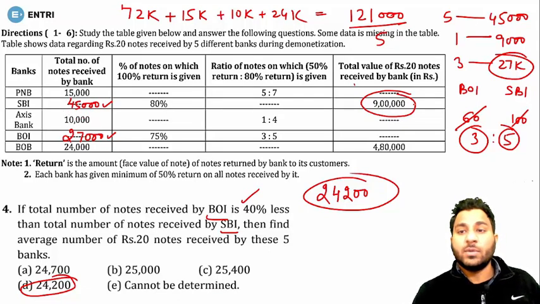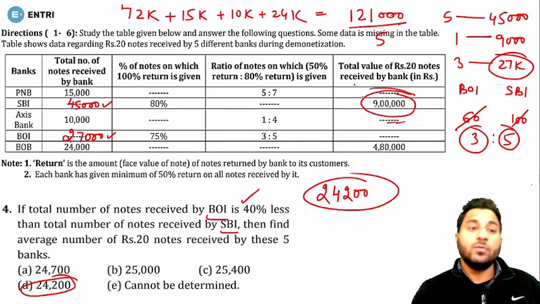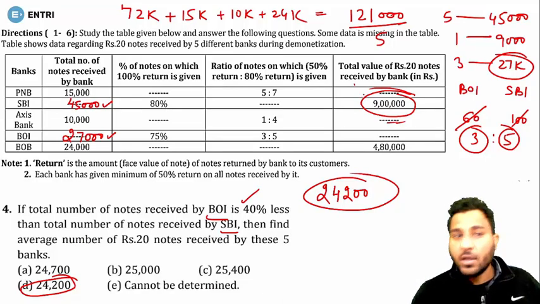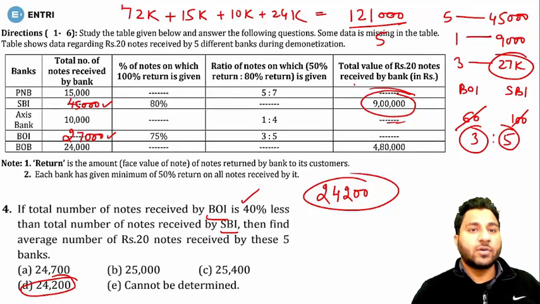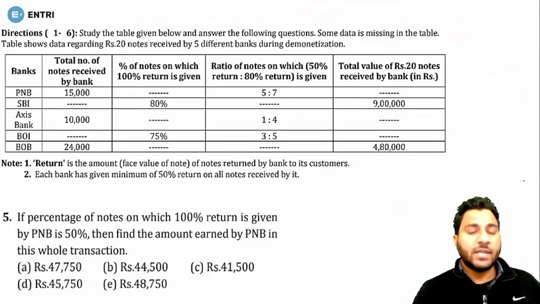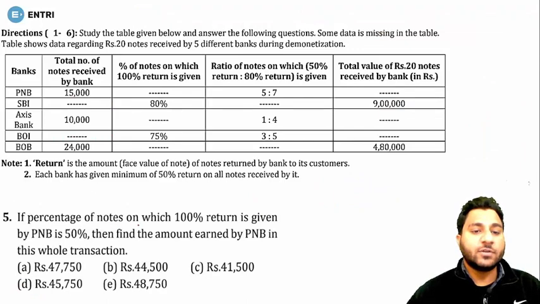But remember one thing, you have been given the data of total value for SBI, which means you can calculate the total number of notes received by the bank. So you can easily figure it out. Okay. The next question. The next question suggests that if the percentage of notes on which 100% return is given by